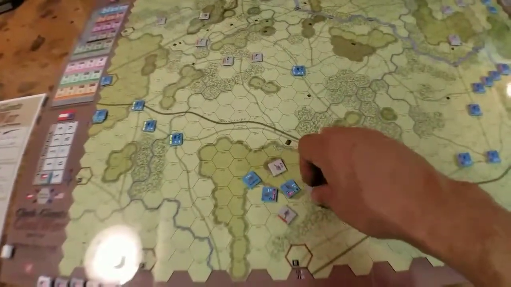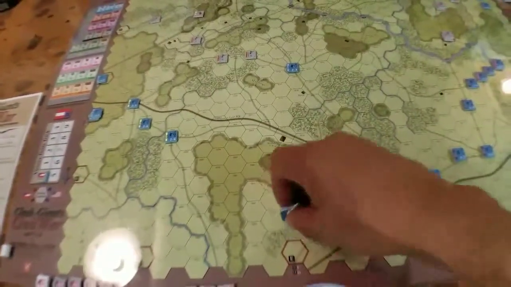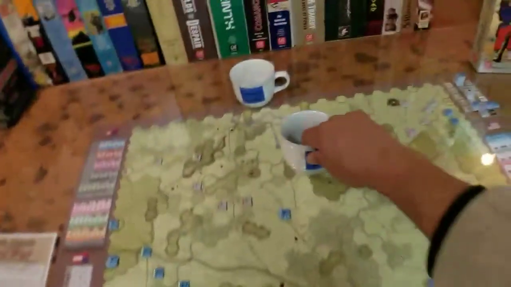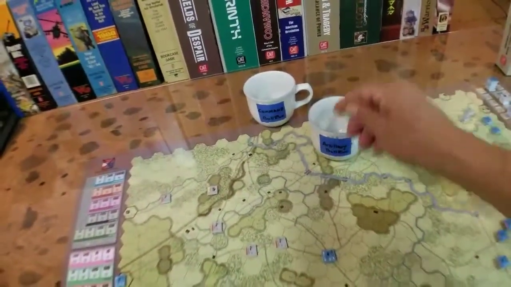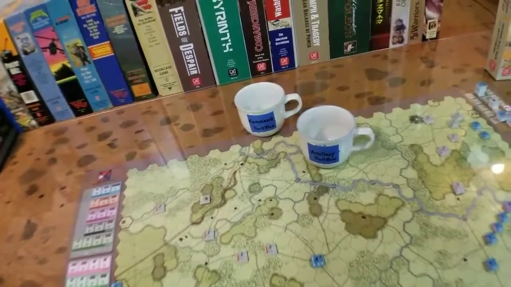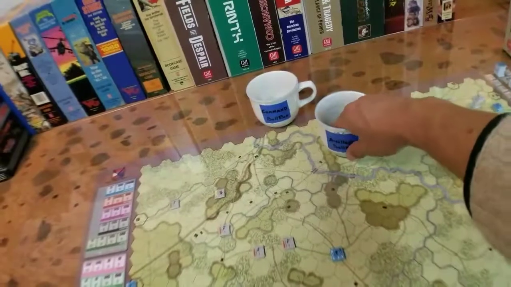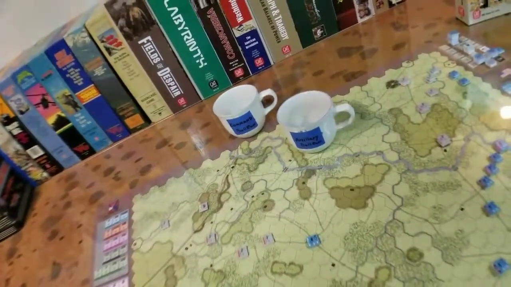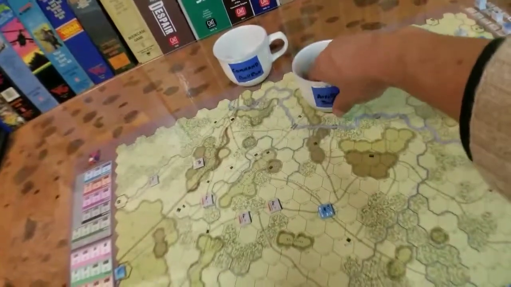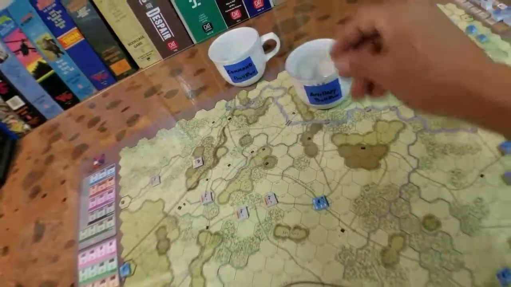So 3 apiece. No new artillery thrown in the cup this turn. Shake it on up. Artillery 1. US. Artillery 2. Be some Confederate artillery. Confederates already got a couple artillery bonuses anyway. Now Stewart's on the